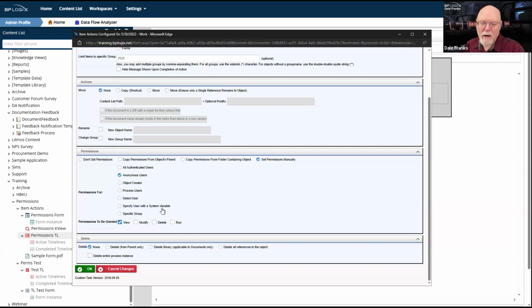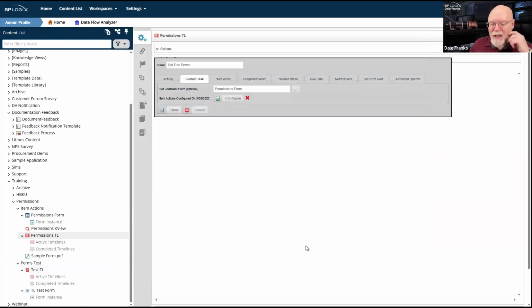No, I don't care. But once I start getting into process users, those are probably all authenticated users. If I select a specific user or select a specific group, I'm going to give them full access. And so you need to do this for the item actions custom tasks. There's a couple of good reasons why it does that. You need to be aware that the item actions custom tasks exist, and it gives people access to the system that you don't necessarily want them to have.